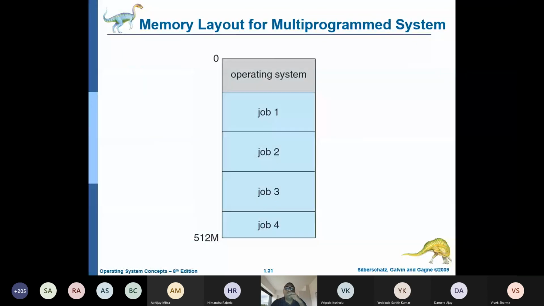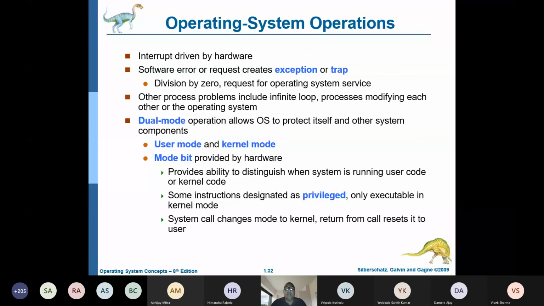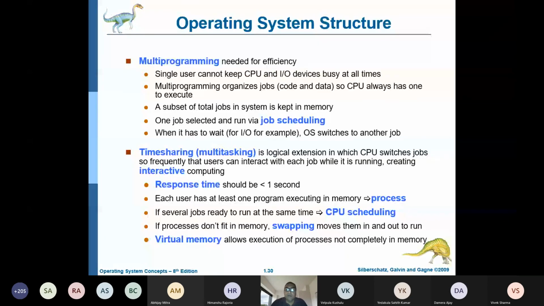So now we'll stop at this point, and you can be ready to continue in the meeting itself. At 11:45 you will be able to access the mock test. I have given 10 questions, with multiple choice and simple one-word or two-word answers. It will not take even 10 minutes, but I have given a slot of 15 minutes. Please try to answer them.